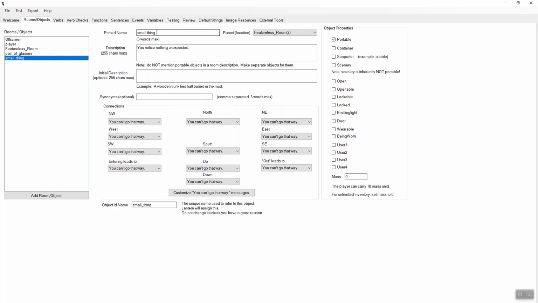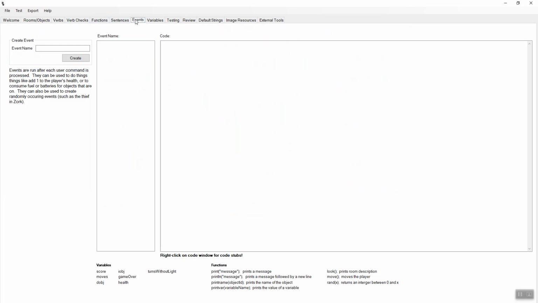So we're going to look at how to change the text on a room and how to change the text on an object. Let's handle this in an event. Let's make an event that checks to see if the player's wearing the glasses, and if so, will change the description of the featureless room, which really isn't that featureless, I guess, if you can see the writing. So let's click on the Events tab here, and I'm going to add a new event called